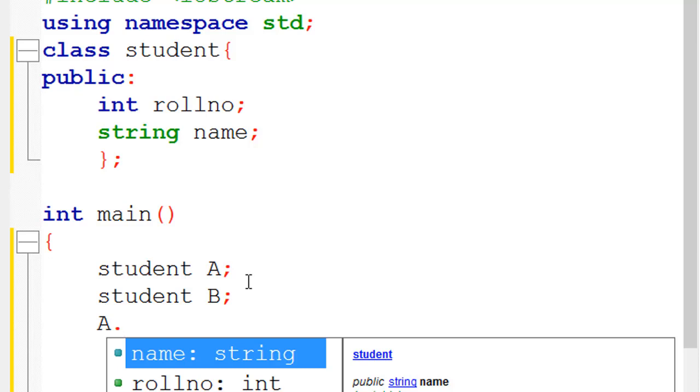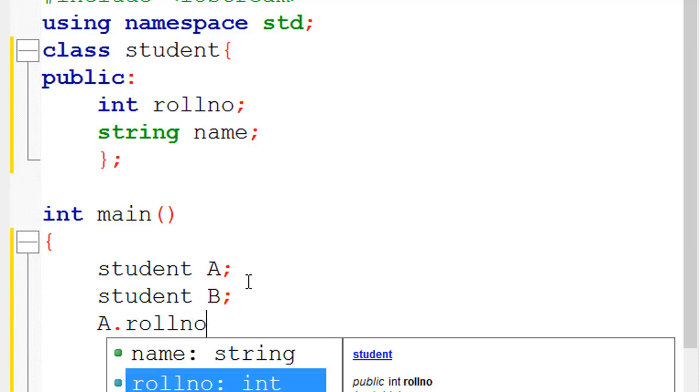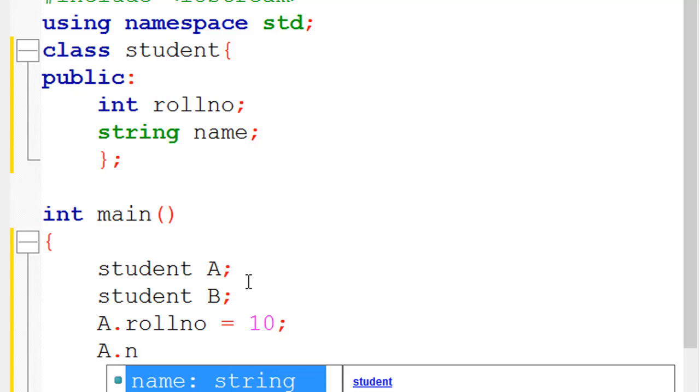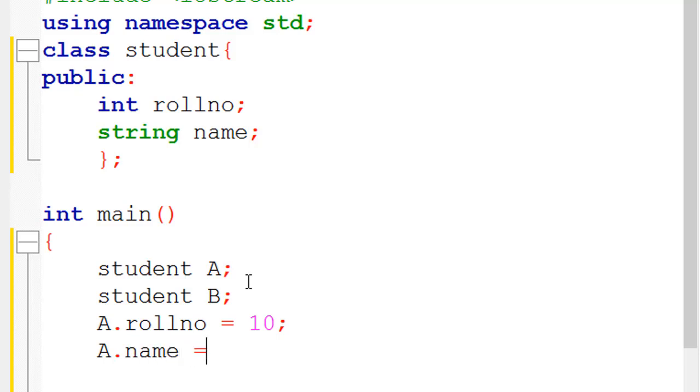So A dot roll number is equal to, for example, 10, and for example we want the name as Ali. So again A dot name is equal to, and since it's a string, we have to give it in inverted commas. So this information is given for the object A.